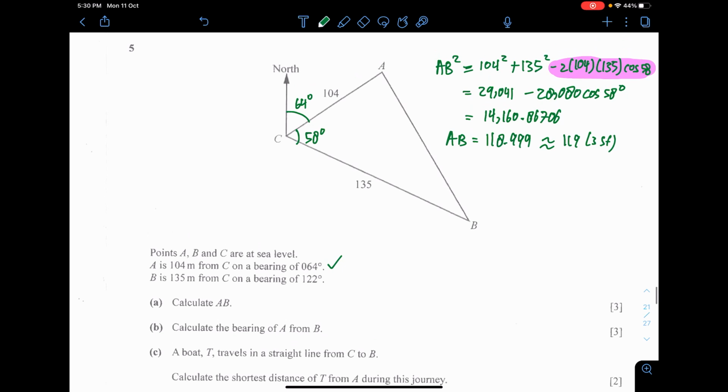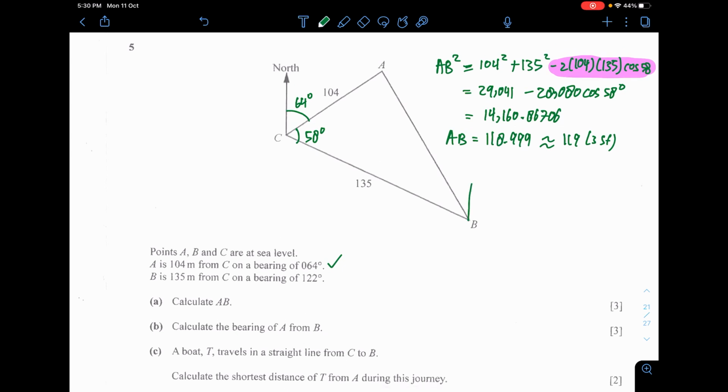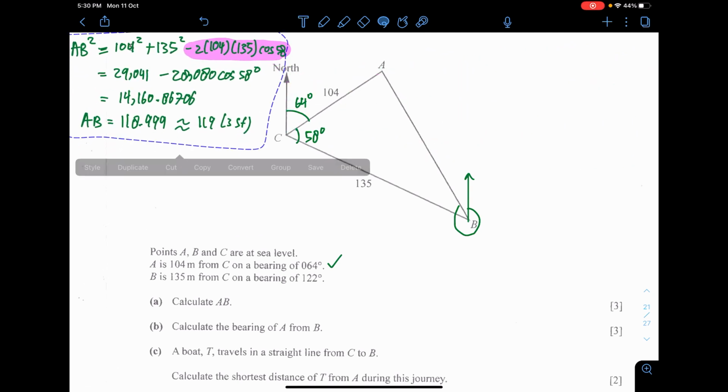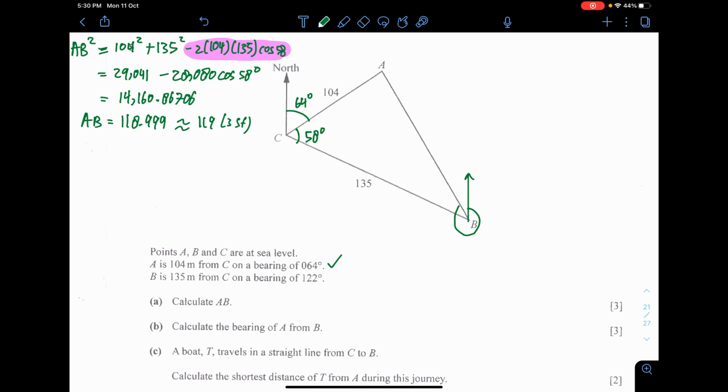Calculate the bearing of A from B. Here. For the bearing, you must go all the way around in rotation. This rotation is quite huge, and I don't think I'm going to be able to find it immediately. My suggestion is, don't look for that whole rotation. Let me move this one away to the other side so I can tinker with the picture more. My target is to find this angle instead. It's not the one they are looking for, I know, but if I know this angle, I just take 360 minus that and I'll get the answer.